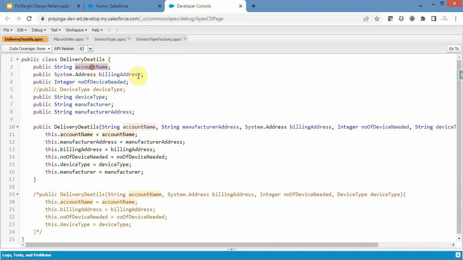So we have an account name, billing address, number of devices needed, device type, manufacturer, and manufacturer address, and we are setting this using this constructor. We have